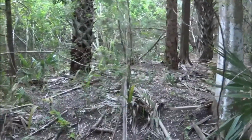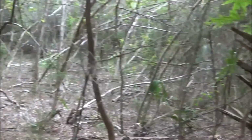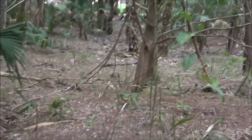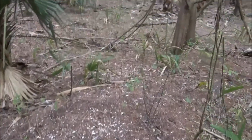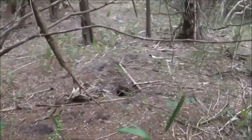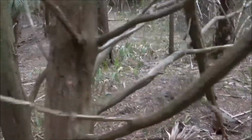It's kind of a unique experience being on this mound that William Bartram encamped on, or likely encamped on in 1774, some 243 years ago. Of course, this area was inhabited by the natives that lived here for thousands of years, but